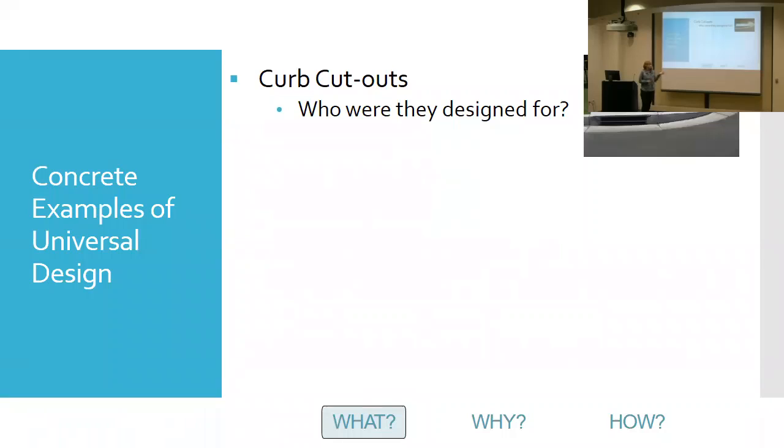So this is another concrete example. You'll have to forgive the terrible pun, but another concrete example of universal design. So this is curb cutout. So who were these originally created for? It's not your question. You can just shout it out. Yeah, people in wheelchairs, right? And of course, who uses these today? Really, everybody does, right? Yeah, so people with strollers, old folks walking with a walker, one of those little rollator things,